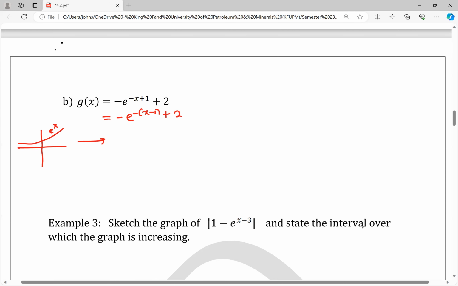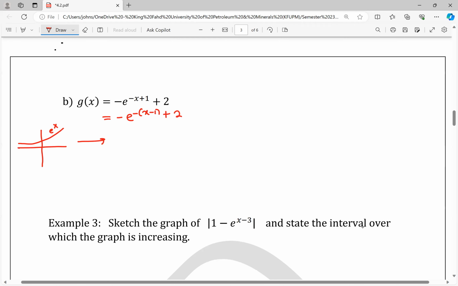Then now, because of this minus, the operation, we're going this way. Because of minus, here we can reflect across the x-axis. We reflect across the x-axis. It means we will have something like this. This is reflection across the x-axis. So this is now minus